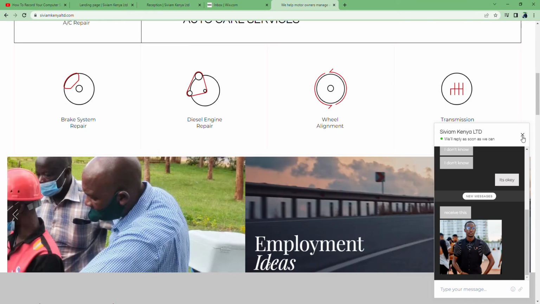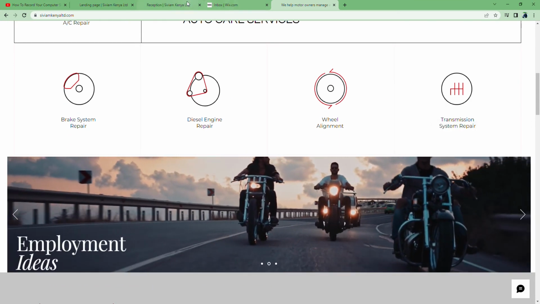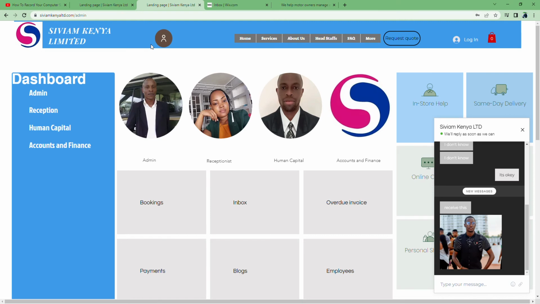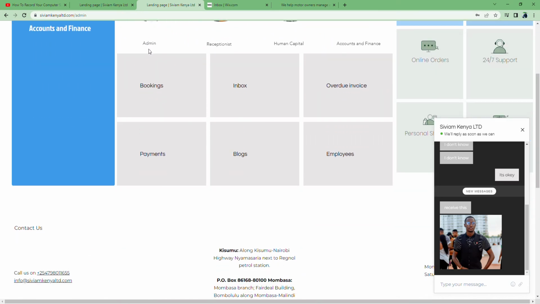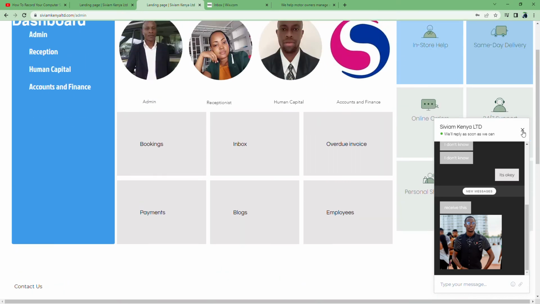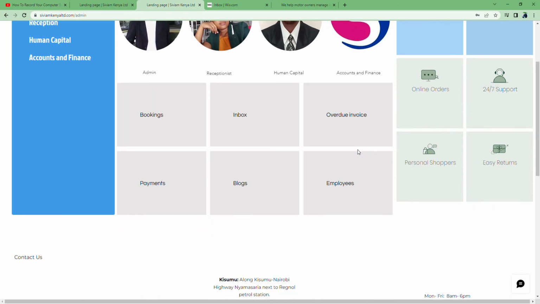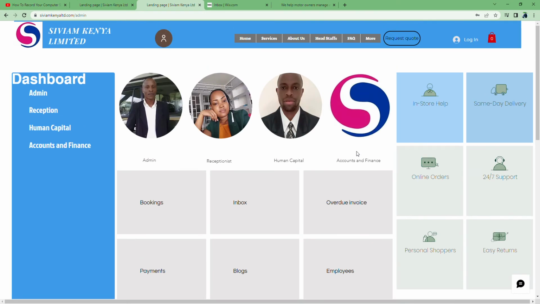Now, we want to check on another section. This section is for the accounts and finance. I am happy to share with you how I managed to incorporate this with the actual database. It wasn't an easy job, but we are now here. Now let's continue